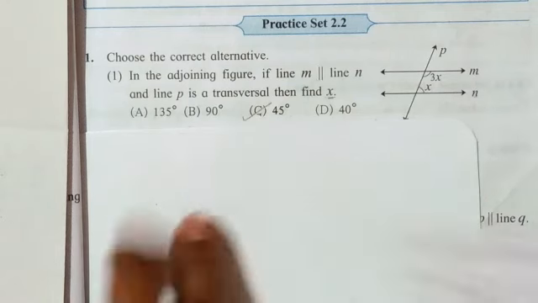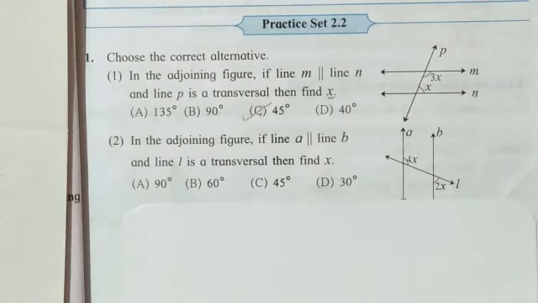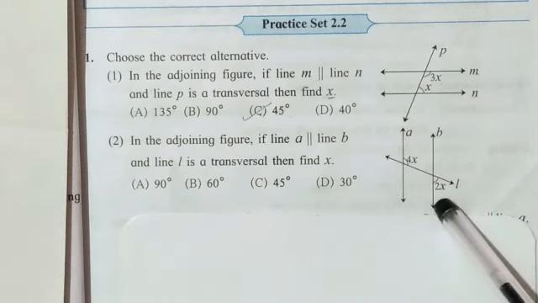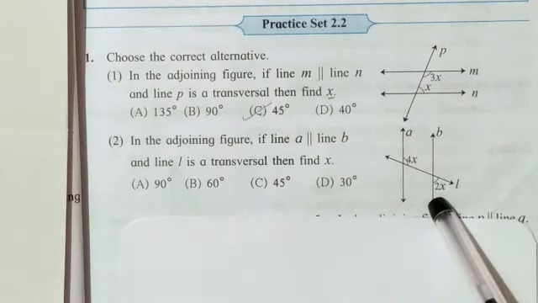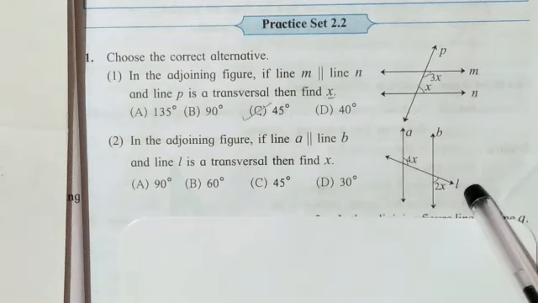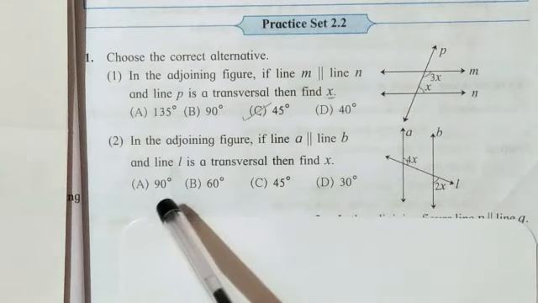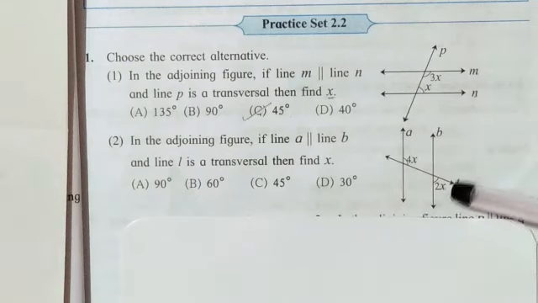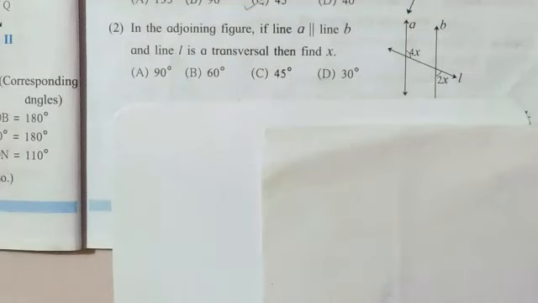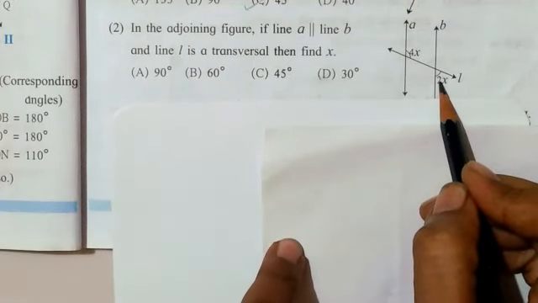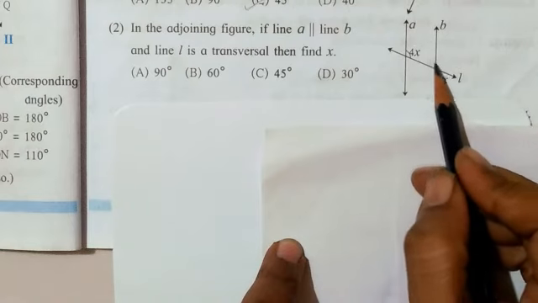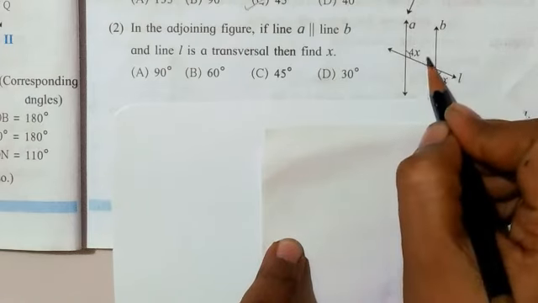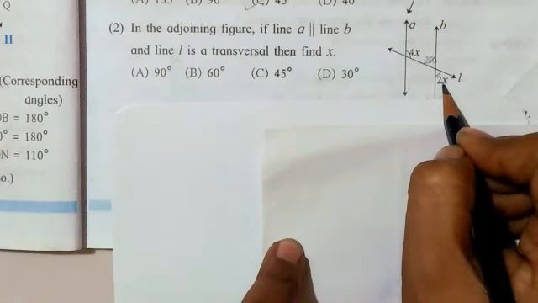In the same way, the second question is given here. Again the same figure is given. Here A and B are the two parallel lines and line L is the transversal, and again we have to find the value of x, where again 4 options are given. Now see here, 4x is given and another measurement is given here. So students, this is the 2x and this is the opposite angle of this one, so it is also 2x. Opposite angles are congruent to each other.